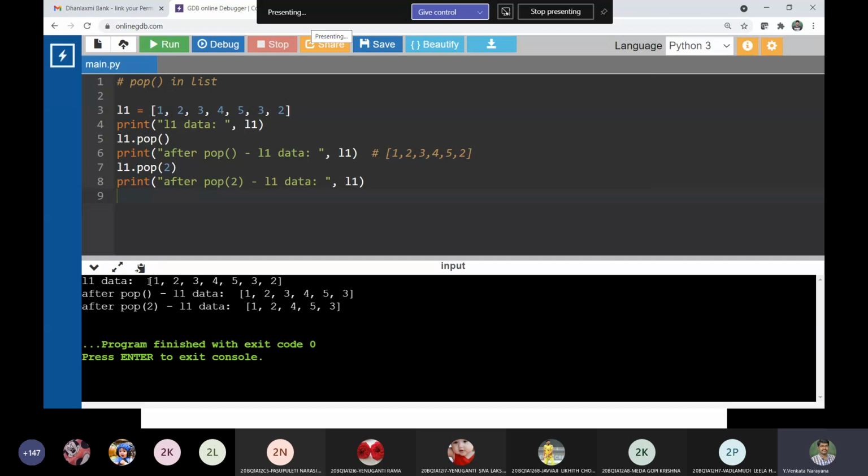See here, the first list contains 7 elements. After pop without passing any index, the last element 2 is deleted, and here I am specifying the index value 2, so that is why the value at index position 2, which is 3, is deleted from the list. This is the updated list.